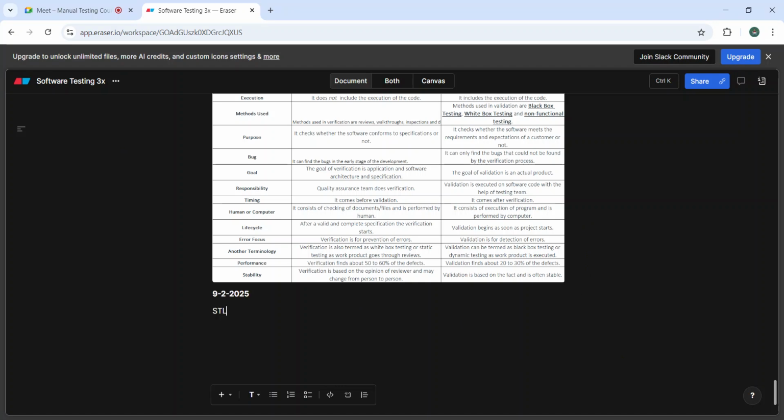STLC. As the name suggests, it's the software testing life cycle. Every phase in SDLC has, let's say, small life cycles going on within it. For example, for testing we have STLC, that is the software testing life cycle. So if a product has to go via STLC, and then